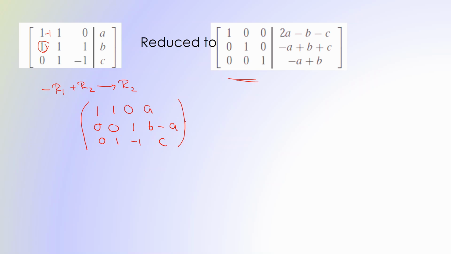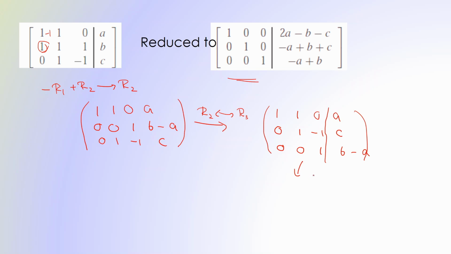Now we have to make this one into 1. We can interchange r2 and r3. So you can see 1 1 0 a, 0 1 minus 1 c, and here you have 0 0 1 b minus a. One may feel this is in reduced row echelon form, but to make it a little easier,